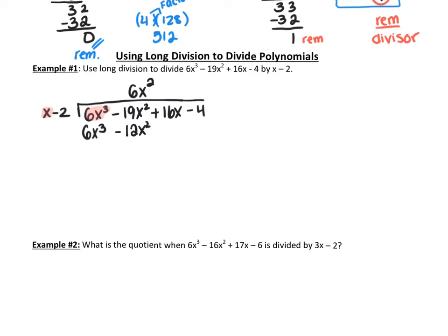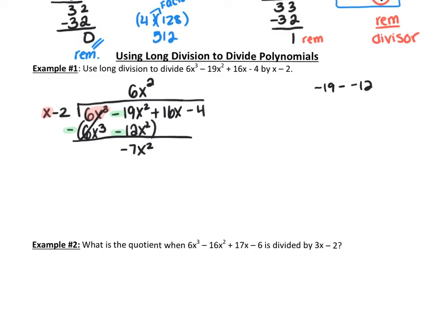And in true long division fashion, we're going to subtract. Now make sure you're putting those parentheses because we're just subtracting both parts. So 6x to the third minus 6x to the third, these cancel. And this is where you got to be really careful. You're doing negative 19 minus a negative 12. So in your calculators, you're typing in negative 19 minus a negative 12. So be very careful with that double negative. And you should be getting negative 7x